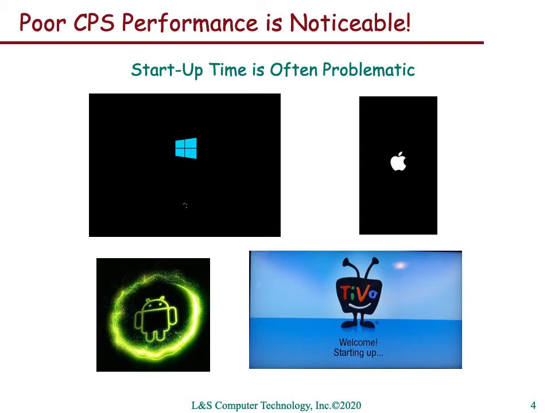Poor performance of cyber-physical systems is noticeable, annoying, and may even be dangerous. Some examples of poor performance include low throughput that may not keep pace with the arrival and processing of new information, jitter such as flickering of displays, pixelation, irregular responses, pauses while the system catches up, and so on. Lack of response to user input because the system is busy with the previous request. Timeouts, error messages. The startup time is often problematic. For example, we find these screens and others annoying.